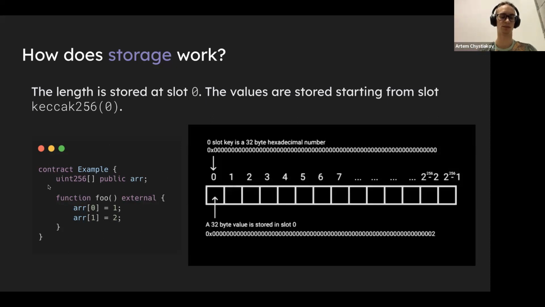Every construct has storage, and here, because the storage variable is the first one, it allocates the slot 0. And arrays store lengths in their allocated slot. The actual values of the array are stored starting from slot Keccak 256 of the array slot. So this will be some huge value, but